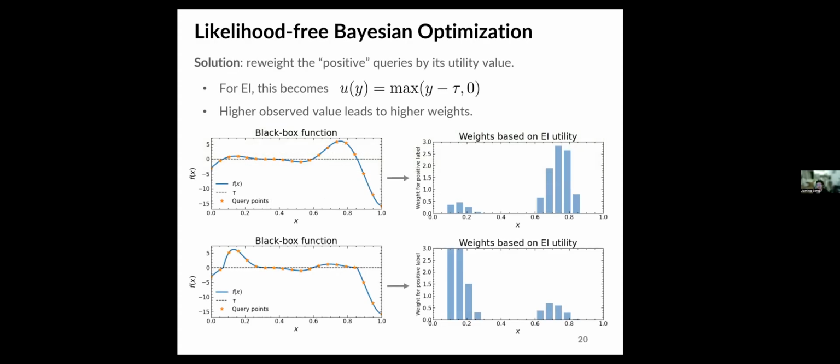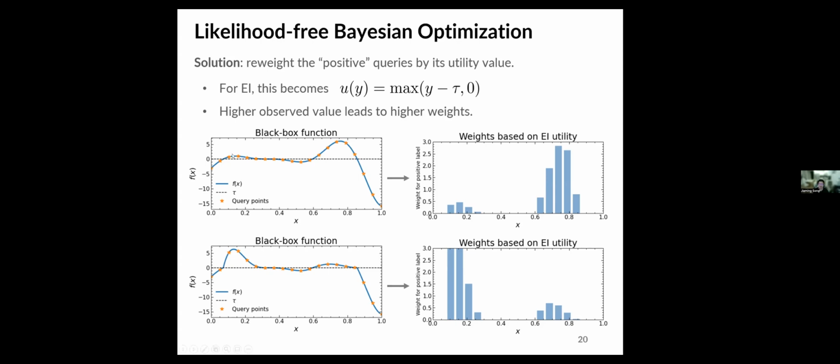So the solution is actually quite simple. Instead of giving all the positive queries the same weight, we simply reweight the positive queries by their utility value. And here the utility value, we assume, is non-negative. So if you're over the threshold, you will have a positive utility value, and if you're below the threshold, you have a 0 utility value. For expected improvement, this becomes the maximum of how much you're over the threshold and 0 if you're